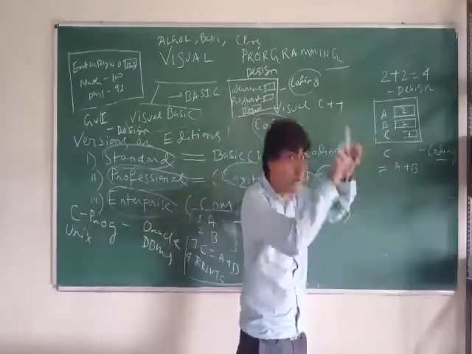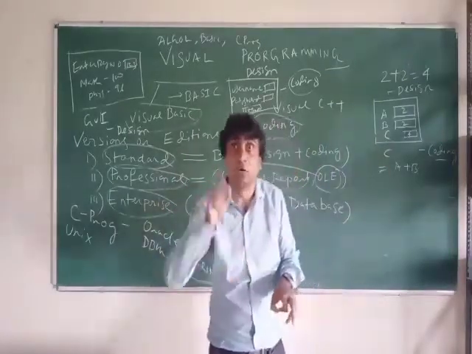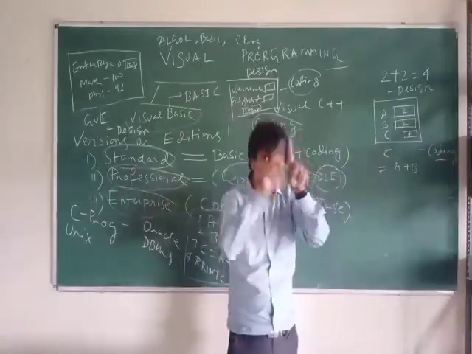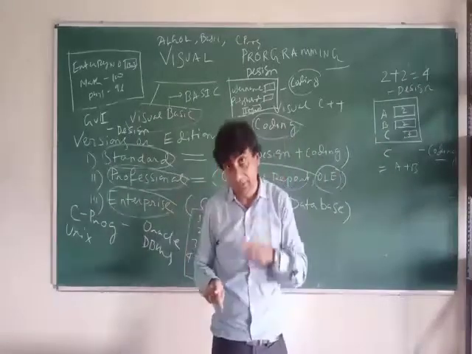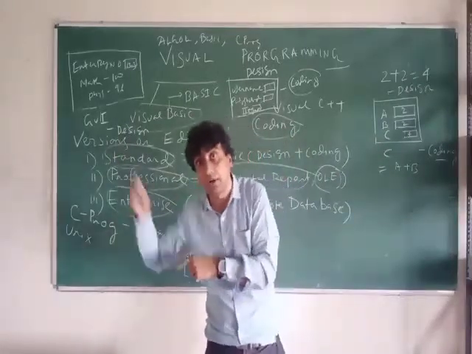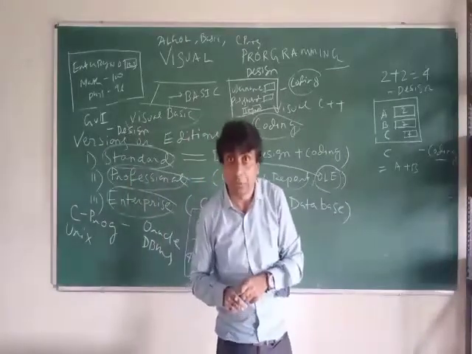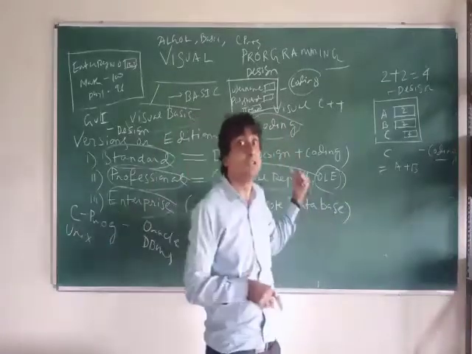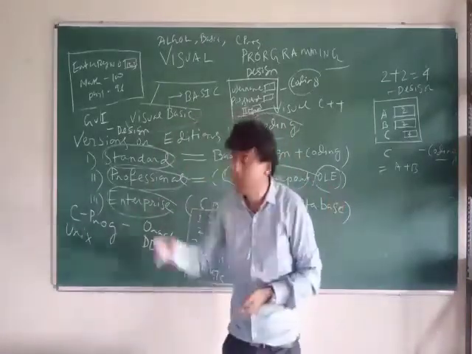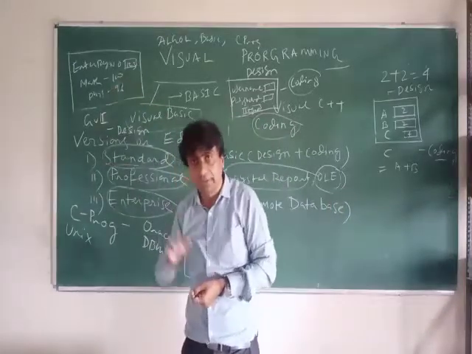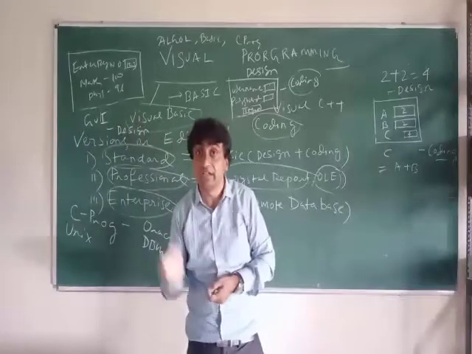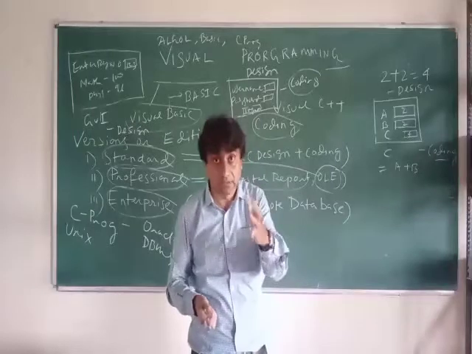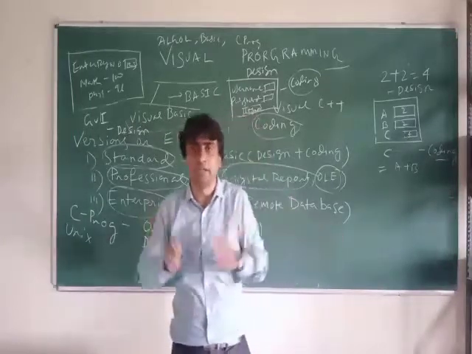What is that? Either a window, that is called a form, or icons. Here we will not create icons; we will create windows. But it has both options. Even you can create icons, like Facebook icon, WhatsApp icon. And you can create windows, like login window, Gmail window, result checking window. Those windows are called forms. It consists of objects. That's why design is required here. That design is for visibility. Thank you.